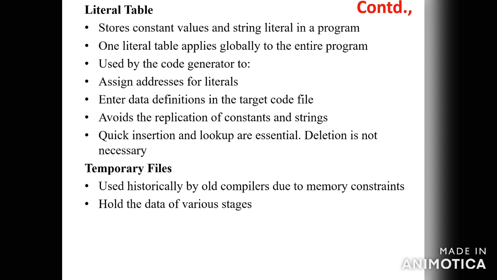So what are the tools generated for the analysis and synthesis phases? Pretty printer, static checker, interpreter, structure editors. Then what are the compiler construction tools? Lexical analysis uses a scanner generator. Syntax analysis uses a parser generator. For semantic analysis, we don't have any tool. For intermediate code generation, we use syntax-directed translation schemes. Then automatic code generator, and data flow engine for code optimization and the code generation phase.